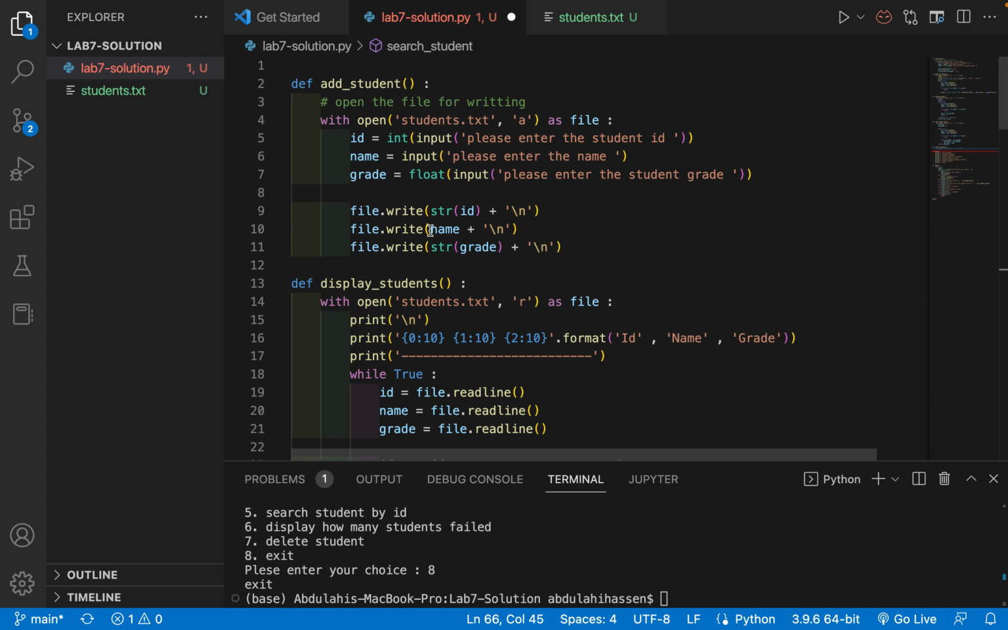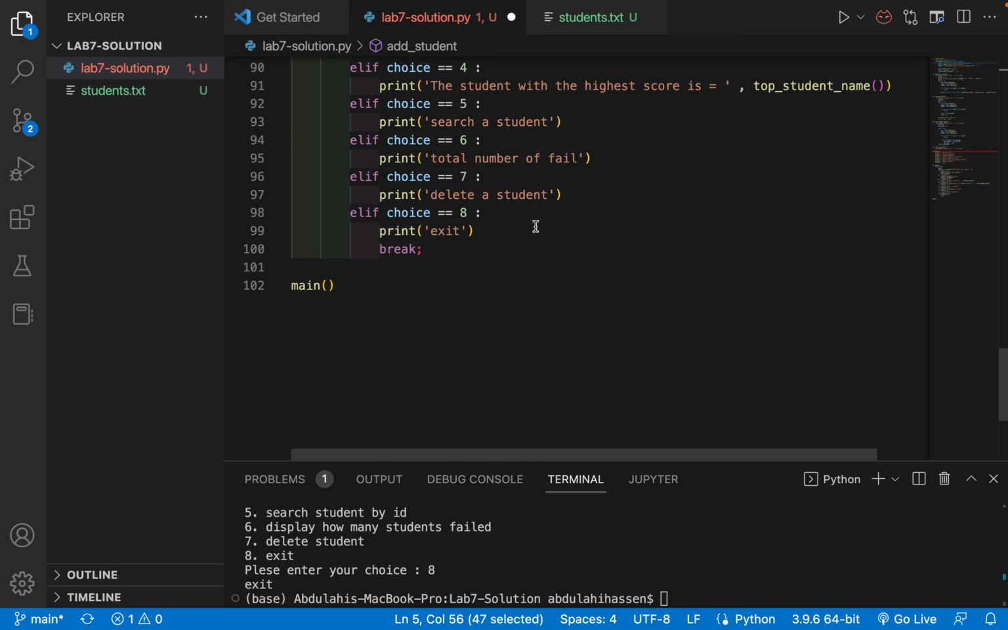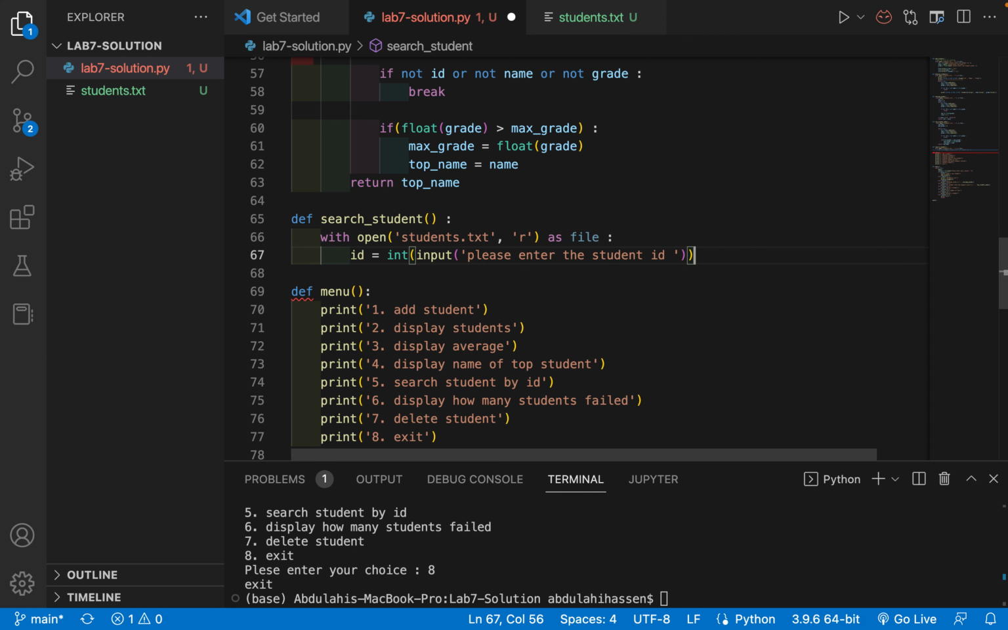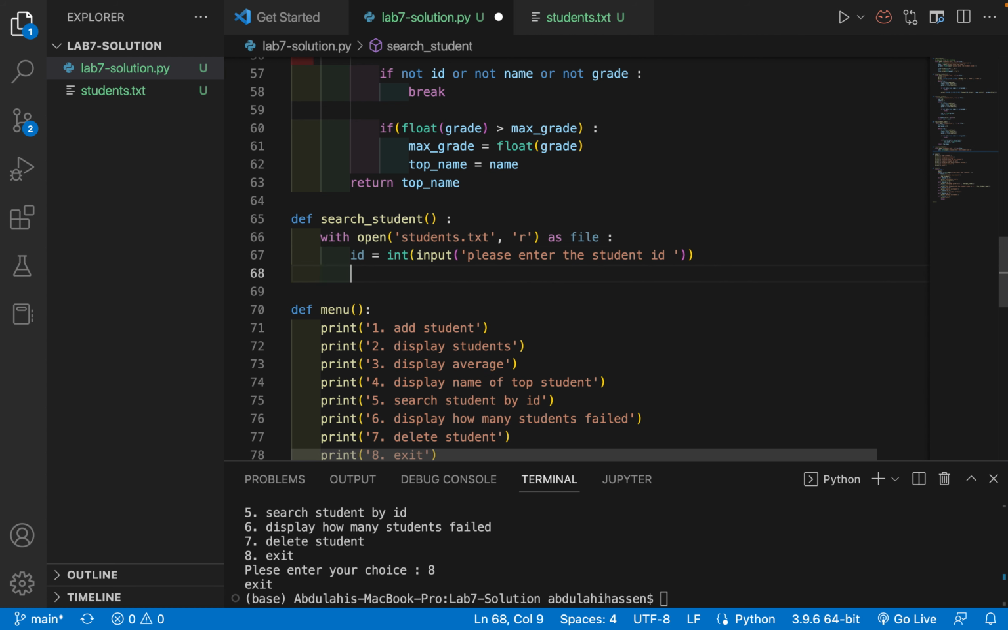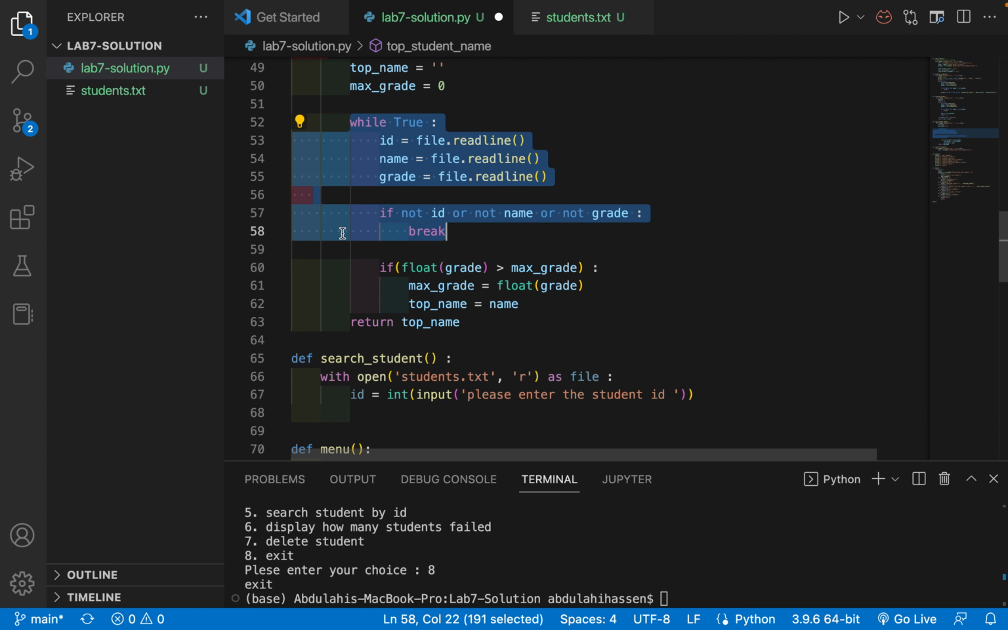We have done it here in this one, which was when we were adding. So we can just copy this part and go to our search student and say ID input, please enter the student ID, and they give us this ID. Okay, now what we need to do is we have to of course go through this process of